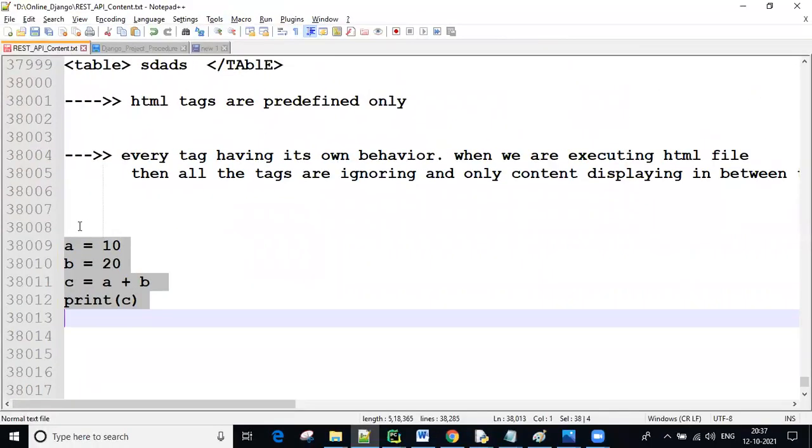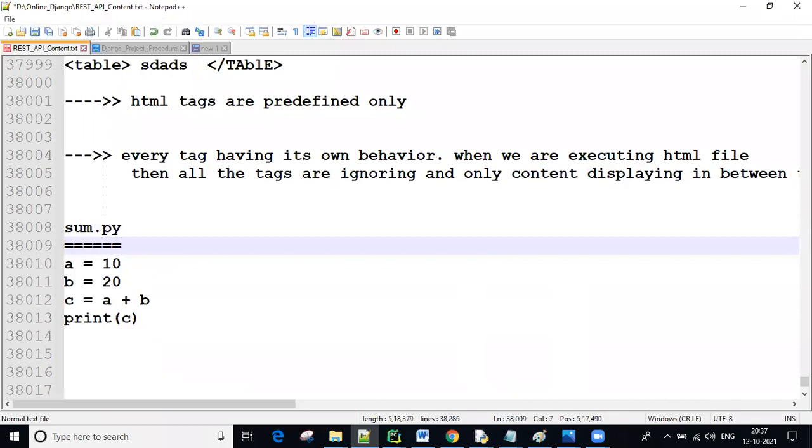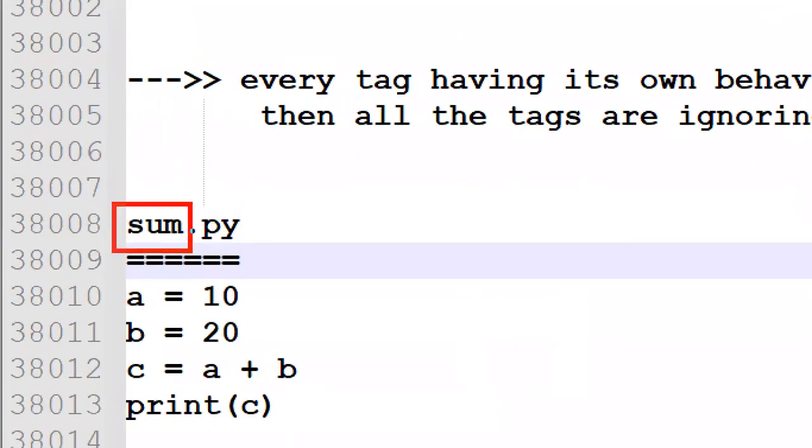Python files can have any file name, for example this is addition related, so sum.py we are taking. The Python file extension is .py, file name .py. Java files extension is file name .java. Now the HTML file extension, with any file name, for example sum is my file name, sum.html.